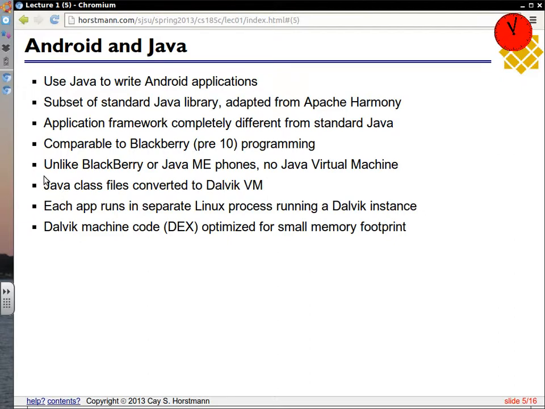So you're programming in Java, but then the Java class files get converted, on the development environment before you download them to the phone, to some other virtual machine format. Now you never, as a programmer, care about the JVM instruction set, except if you happen to have a course where, like in a programming languages course, you might see a few of them. Or if you were a very sophisticated programmer and you generated bytecodes on the fly. That's once in a while you need to do that. But most application programmers don't care about the class file. So the fact that the class file now gets translated into something different doesn't really bother you.